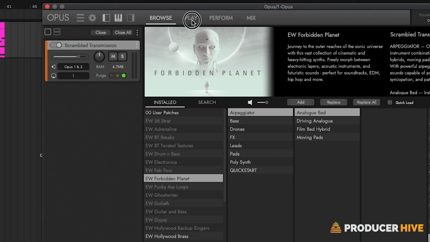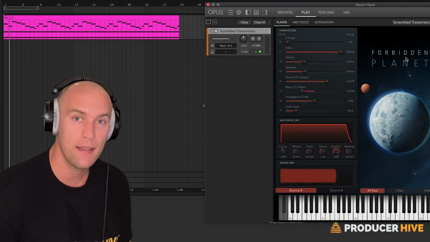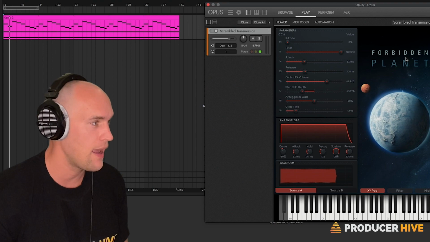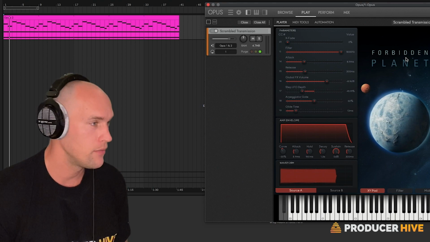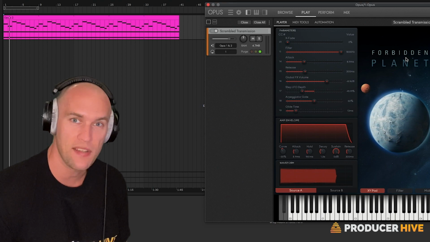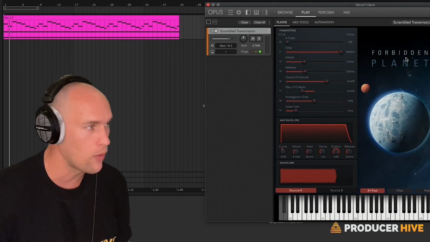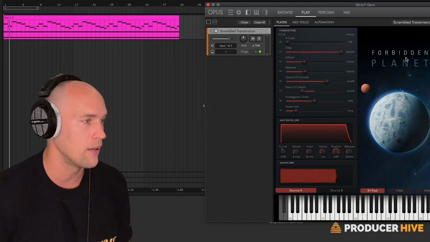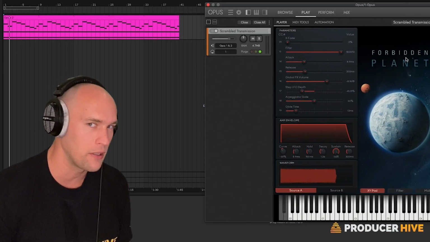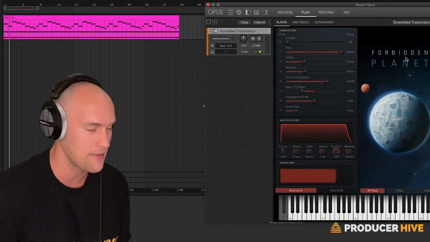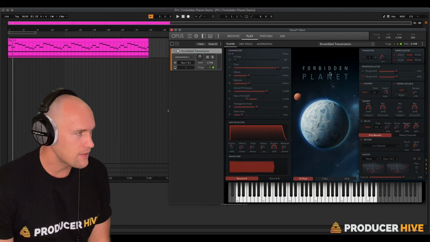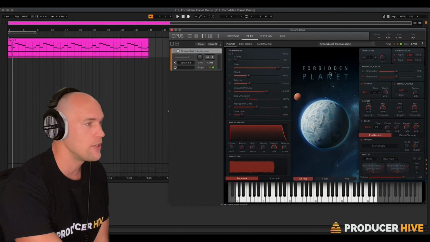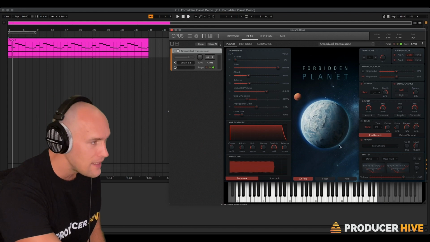So we go to the play menu. Forbidden Planet is one of these synths that has a lot of curated presets or patches that are ready to go right out of the box. They sound good. There aren't any duplicates or any false leads where you're like, why would you ever use that patch? It doesn't sound good. They all sound good. That said, there's also a lot that you can do under the hood within this plugin